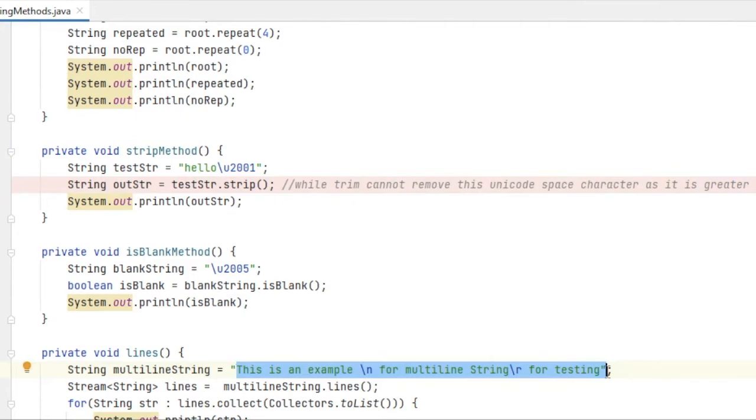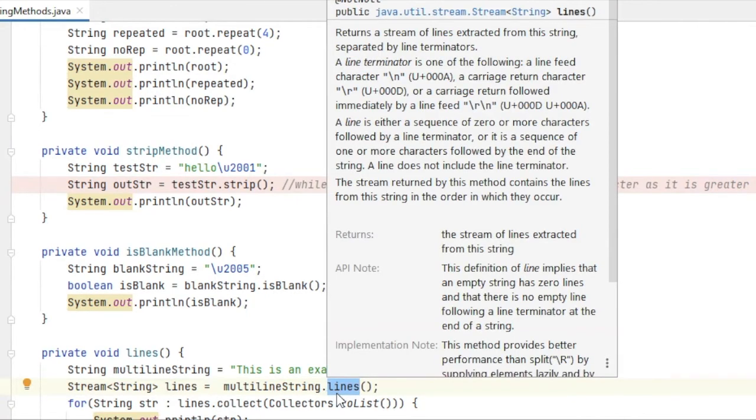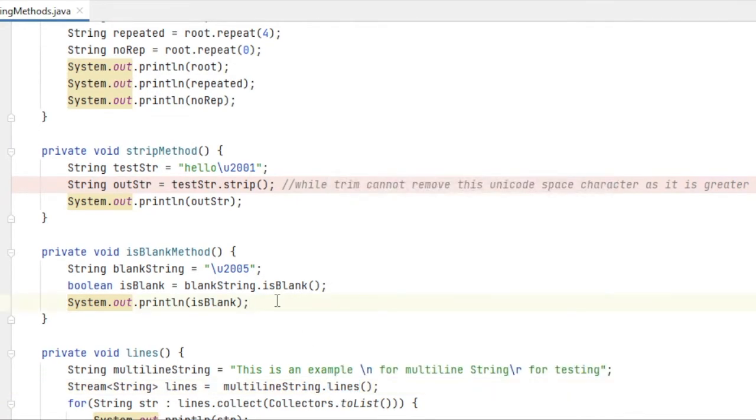But if my string has backslash r, then how will I deal with it? I will have to specify that also in my split function as a regex. So to get rid of this, we can directly make use of the lines method. So what does the lines method do? It will just handle both backslash n and backslash r.